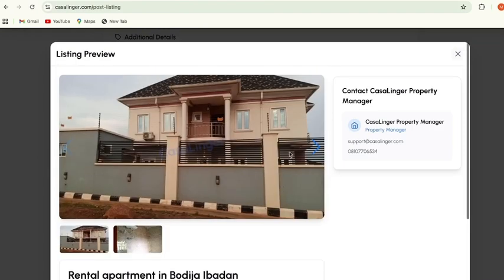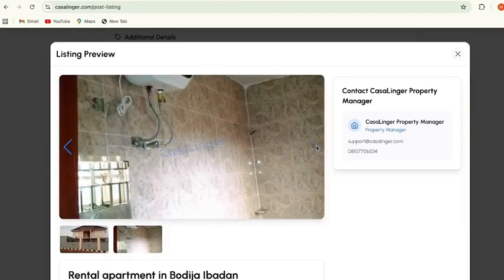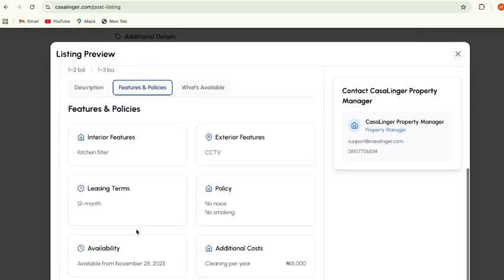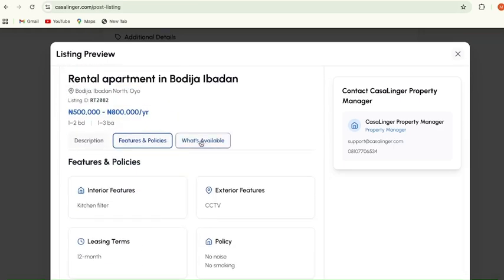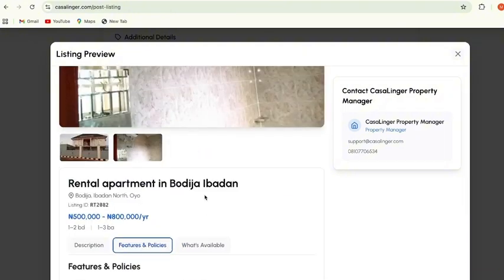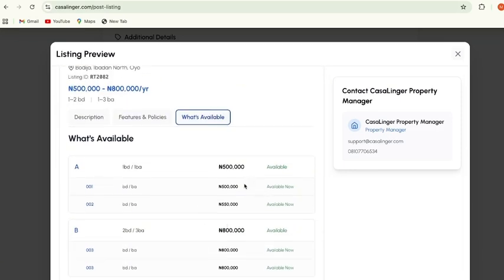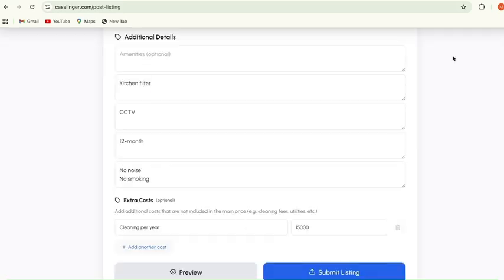So once you are satisfied with the preview, the difference with the complex is we now have a range. We have a range for bedroom, we have a range for this. So we have what is available. We have everything set. So once you are satisfied with it,